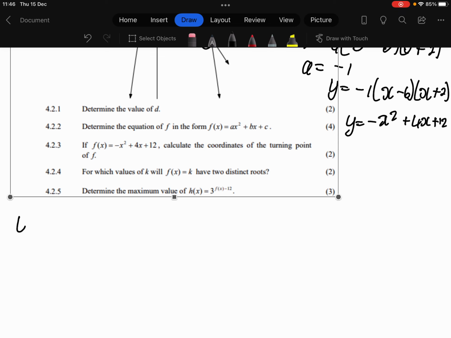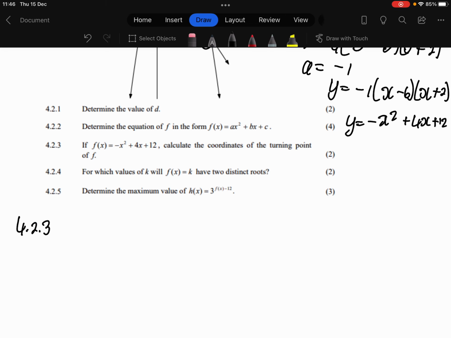4.2.3 states that if f of x is equal to negative x squared plus 4x plus 12, calculate the coordinates of the turning point of f. Okay, how do we determine the turning point of a graph? We can use the equation